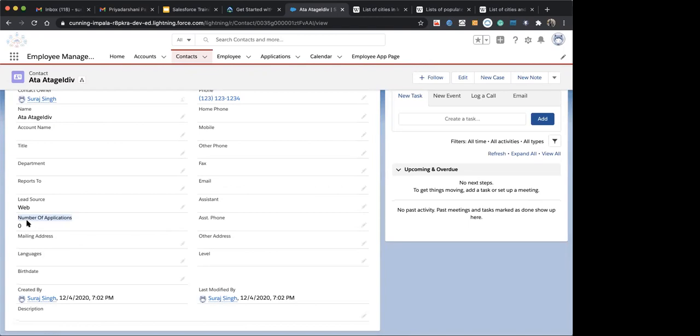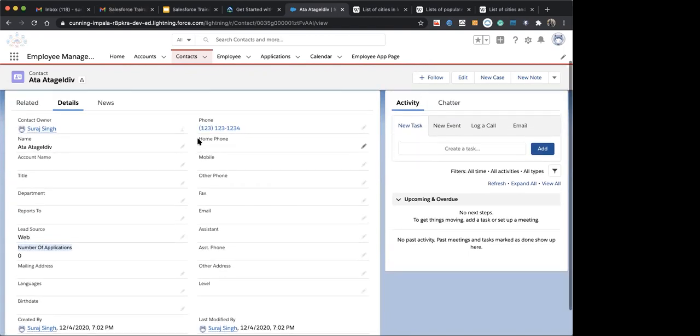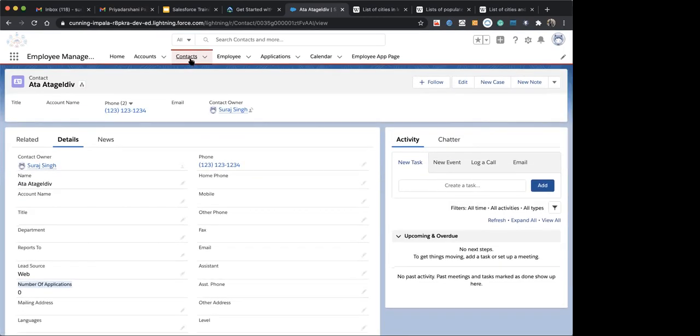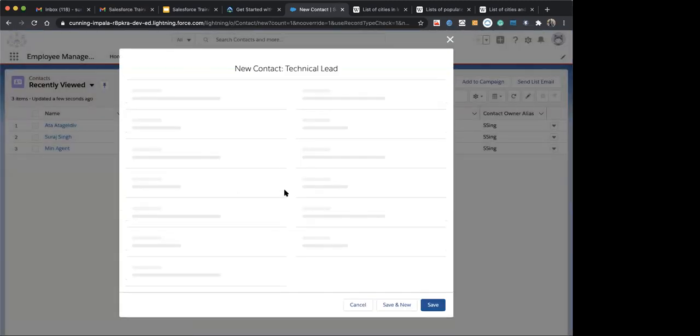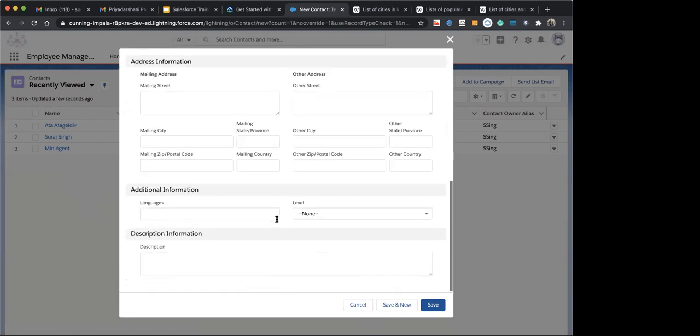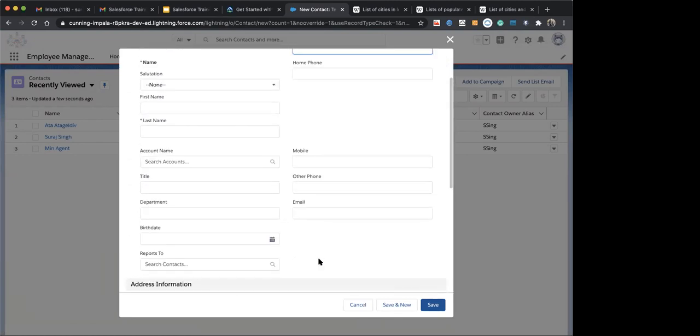It's showing everything, showing the number of applications. And when I click new and technical lead, we have a different option available. I can see the lead source.